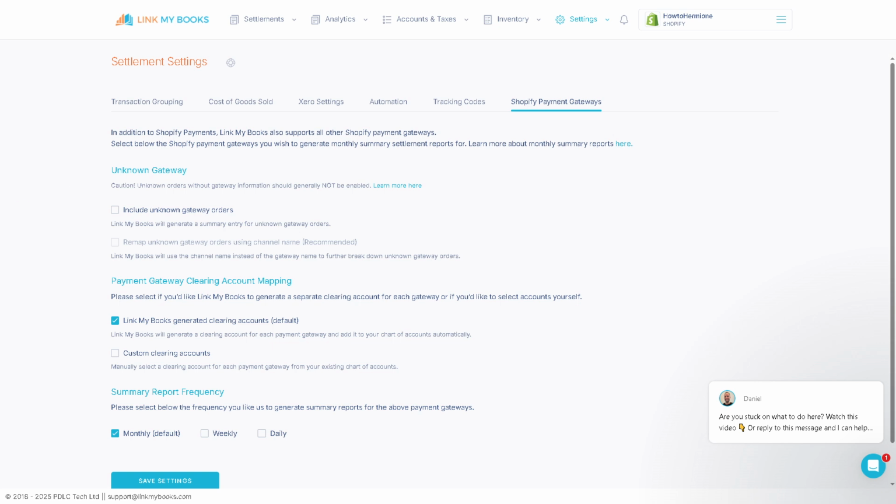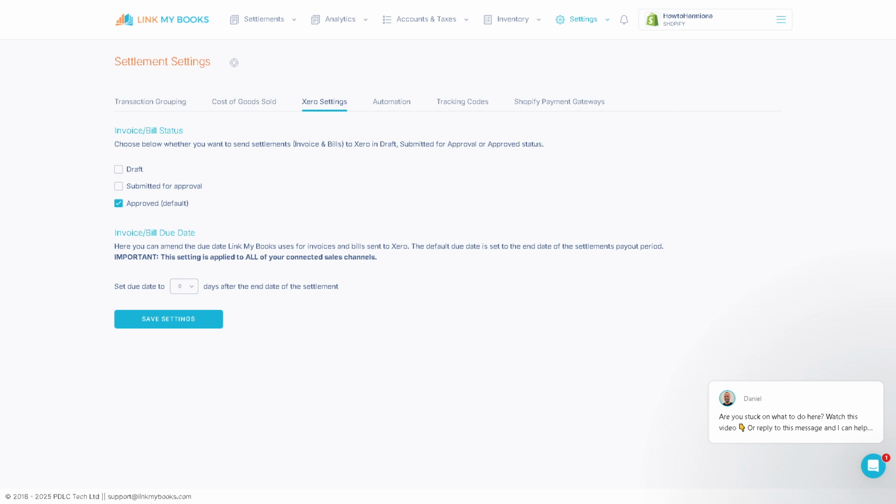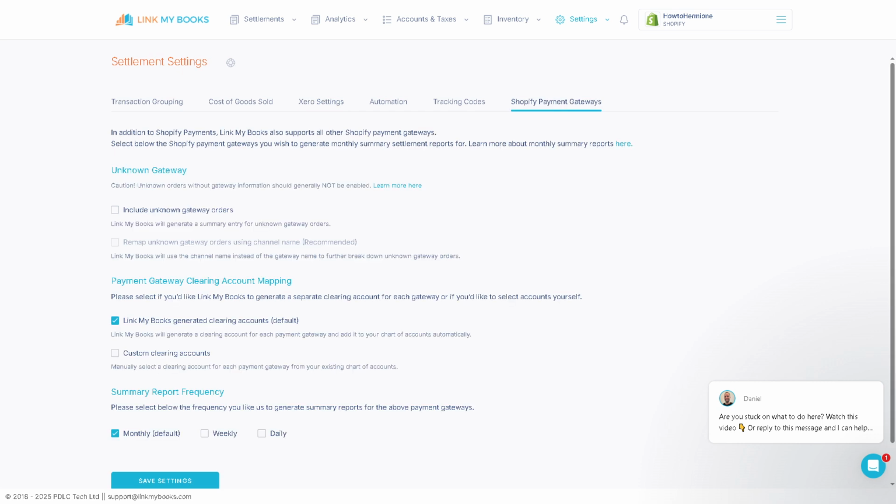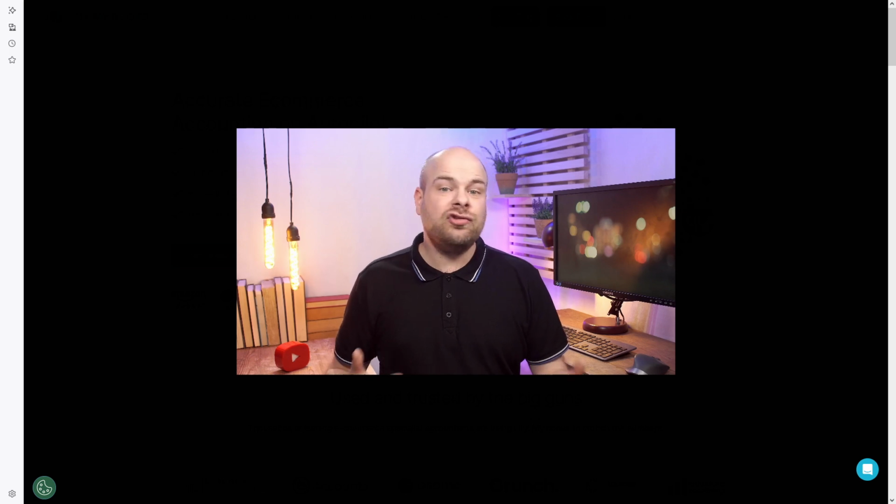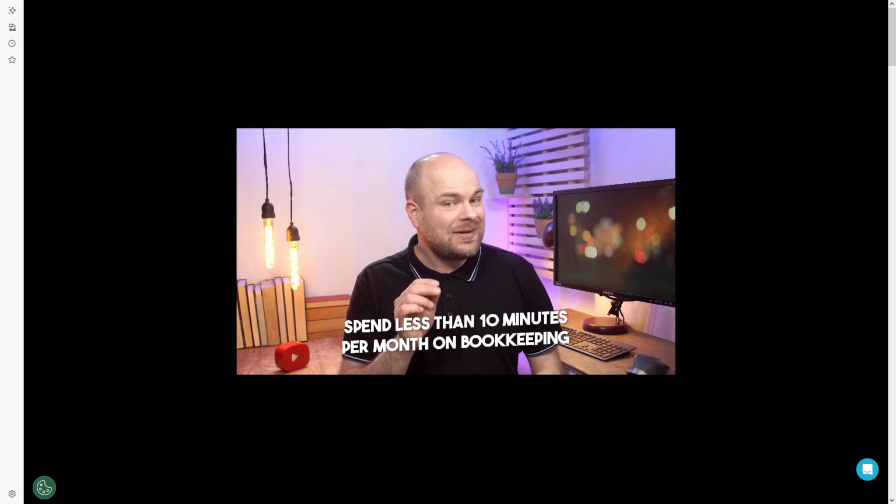All right. If your accounting software integration is Xero, you would notice we have the Xero settings, or if you're using QuickBooks, you will know it's going to be the QuickBooks settings here. You have all of these notifications and alert preferences, advanced rules, ensuring everything works smoothly according to your business-specific needs. And with that being said, that's a wrap on our dive into using Link My Books,